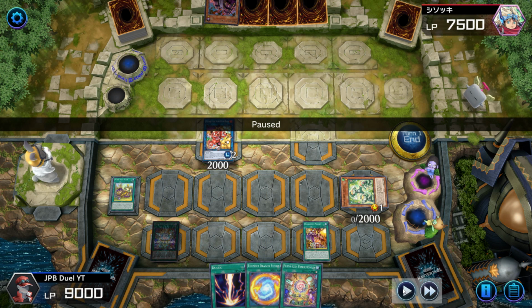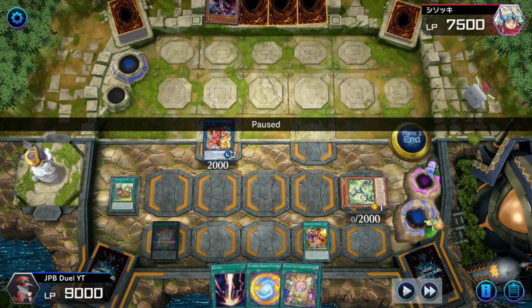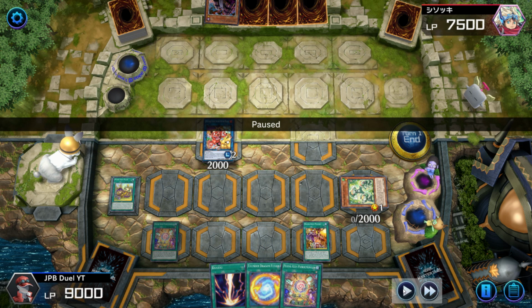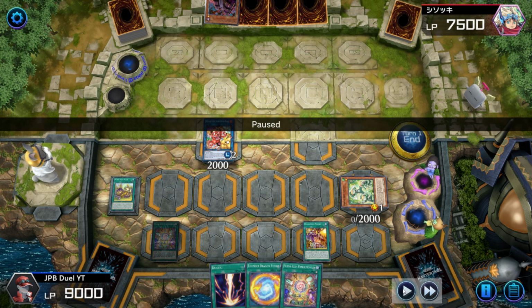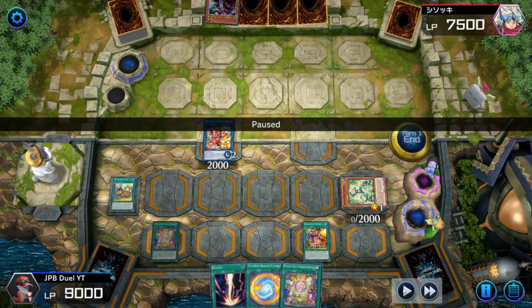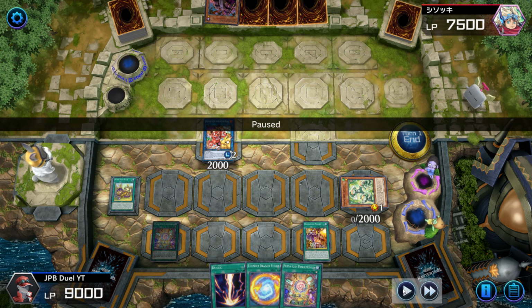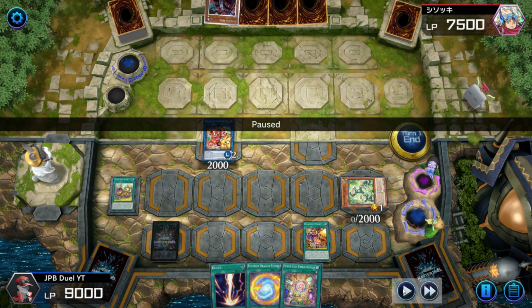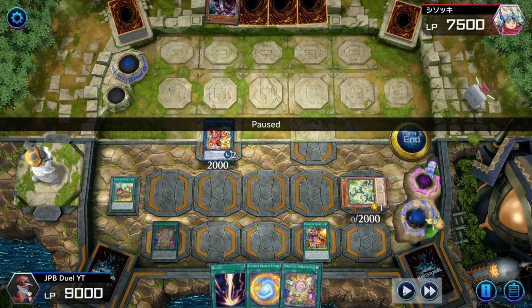Now, if I wanted to play really smart but really stupid at the same time, what I could have done was set both my Pandemoniums on the field. Why am I saying it's smart and stupid at the same time? Because let's say your opponent has a Lightning Storm, he clears out the whole back row, and one of your Pandemoniums becomes useless. Now, it's smart because in case your opponent targets one copy of your Pandemonium,